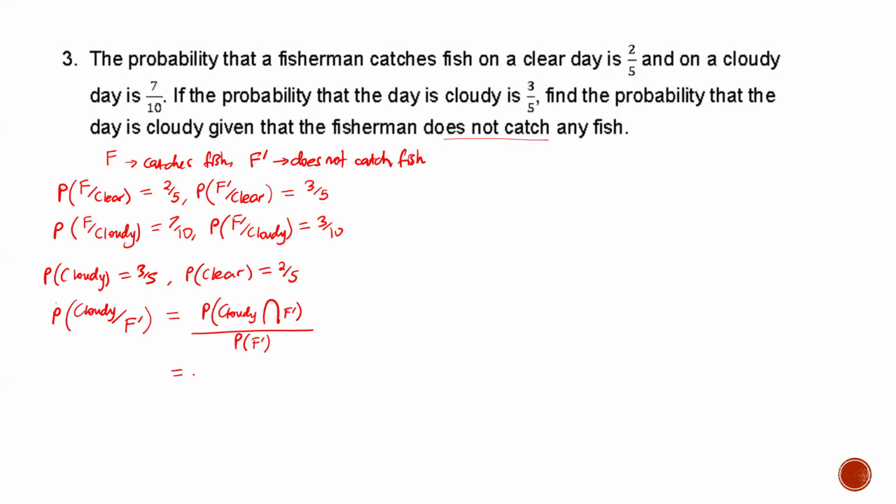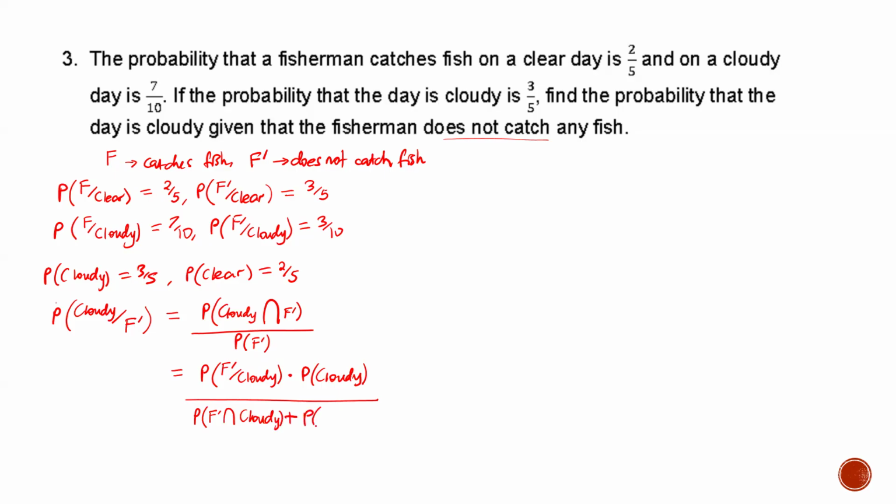And this can be expressed as the probability of him not catching fish given that it's cloudy times the probability of it being cloudy. You can see that that's in the intersection. Out of, now we have the probability of him not catching fish. Now we can split this into two. We can split this into him not catching fish when it's cloudy